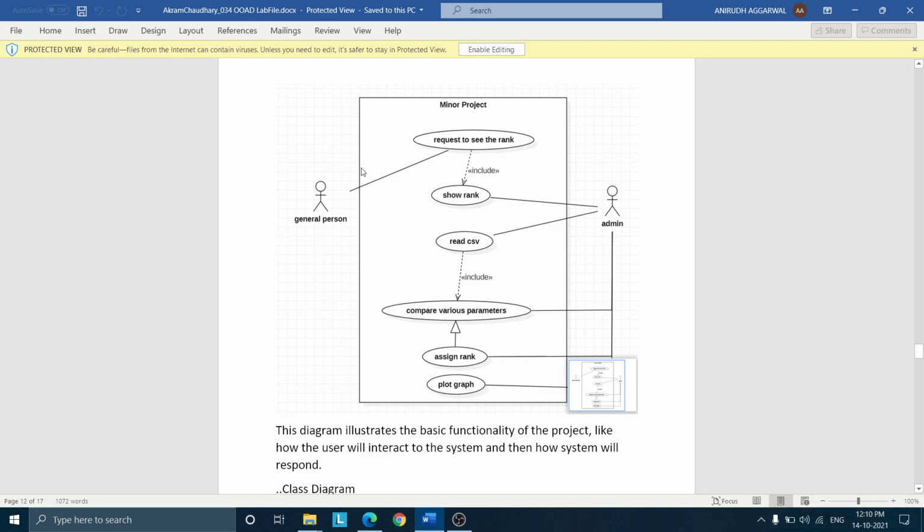So now this use case diagram has a primary actor, which is a general person. This general person may request to see the rank of the states, and then this use case, request to see the rank, has the include relationship with the show rank use case. As the show rank use case is initiated, the admin,